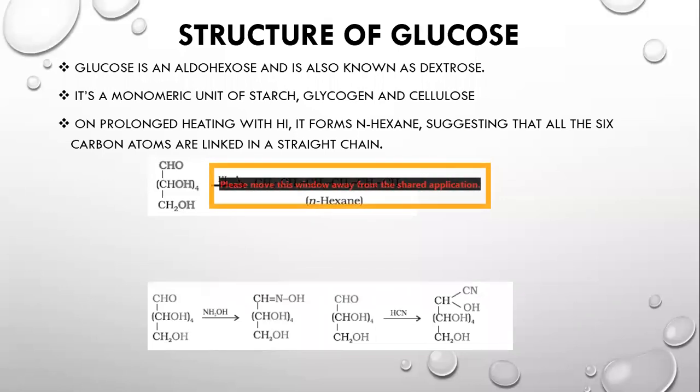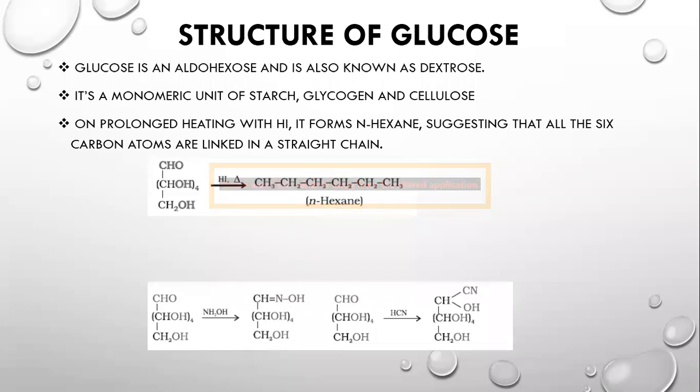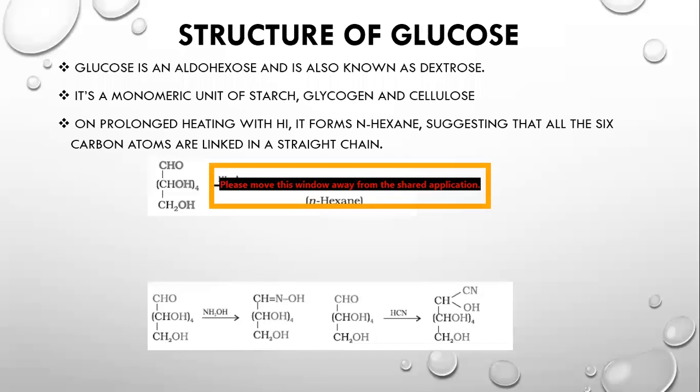So when it receives the hydrogen, it will become a linear chain. You may be getting confused, I think. Now, whenever you pass hydrogen iodide to the glucose, you are saying the hydrogen has been received. Fine. But how can we know n-hexane will form? We can't see the chemicals, right? So how can you say it's a formation of n-hexane?